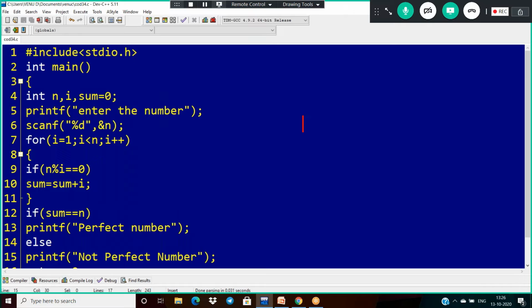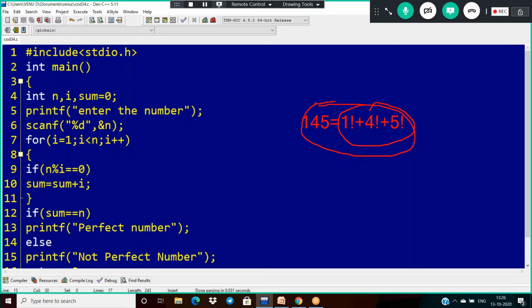The strong number is this 145. 145 means 1 factorial plus 4 factorial plus 5 factorial, and if we add them, you will get the same number 145, and this is called a strong number.